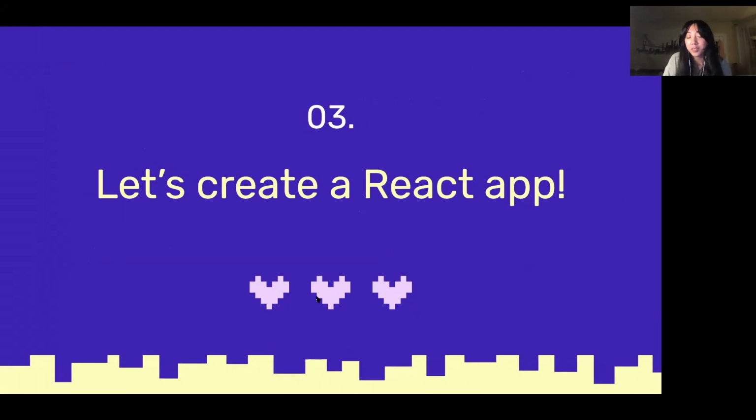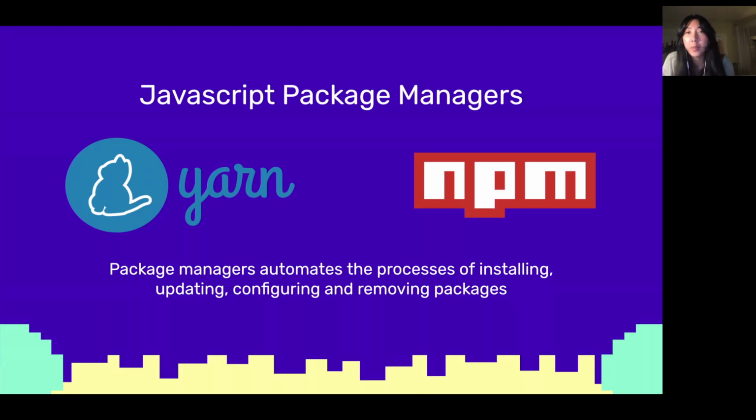Now let's apply what you've learned to real code. So for the purposes of this tutorial, we'll be using yarn commands, but you're also welcome to use npm. npm and yarn are two well-known JavaScript package managers. Package managers are essentially what automates the process of installing, updating, configuring, and removing pieces of software or packages retrieved from a global registry. Yarn improves upon npm's shortcomings, but still uses the npm structure.